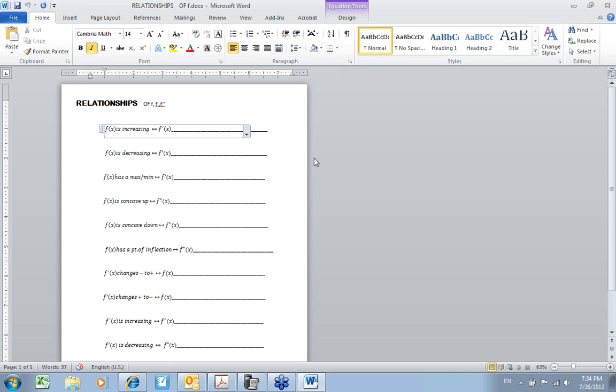The word I would like for them to use is positive, but some of them need to write more than that, and so they tell me what they want to write, things like above the x-axis. And I tell them it doesn't matter if it's increasing and then decreasing, as long as all of it's above the x-axis, that's what we're interested in.